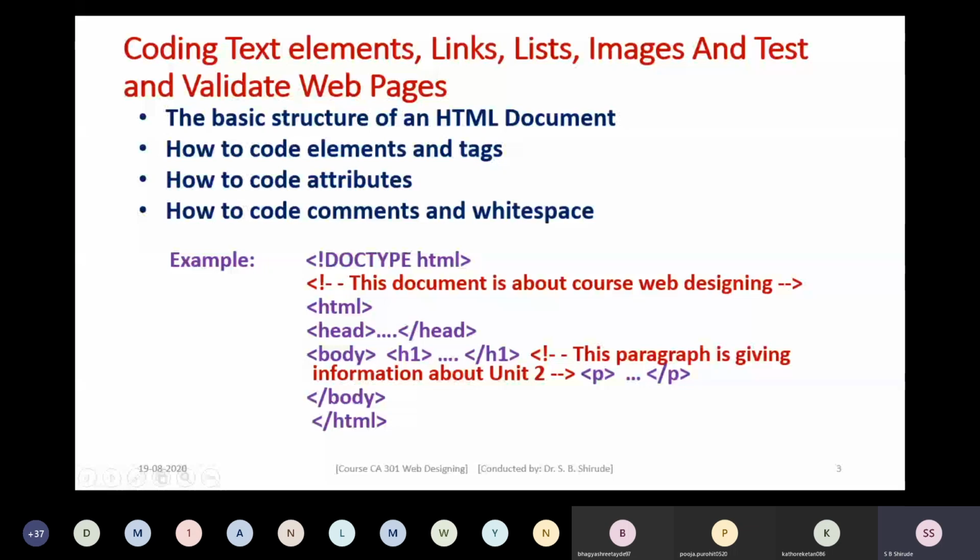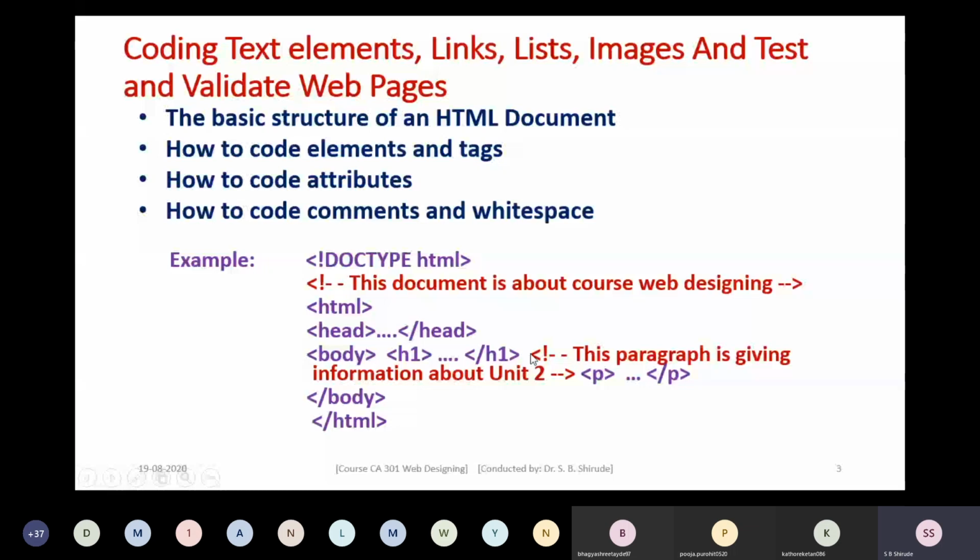The text that you have included in the comment will not appear in the browser's window. Not in the head section, not in the body section, nowhere will that comment appear. This is just so that you get an idea of what purpose a section serves. As the writer of a web page, if in future you want to know what a paragraph was written for, you can simply put a comment.